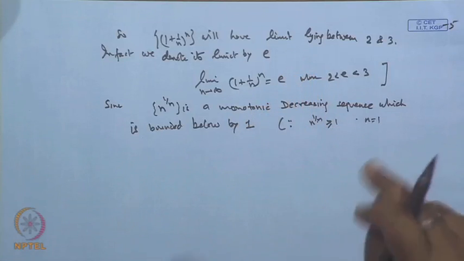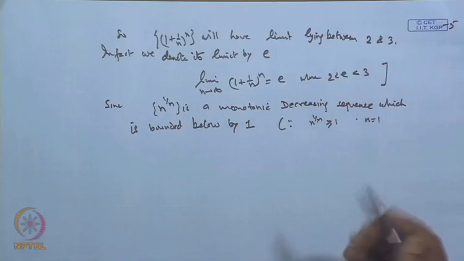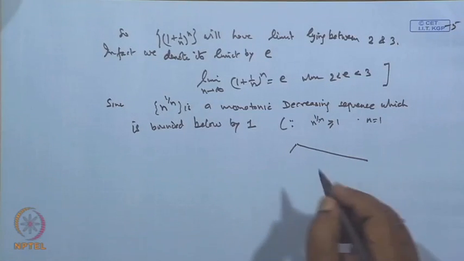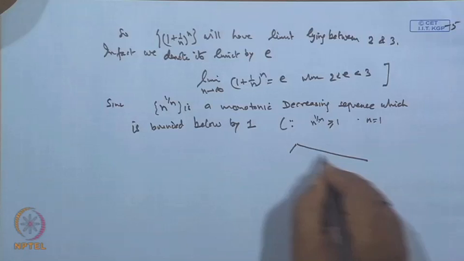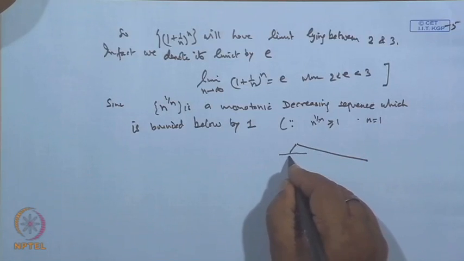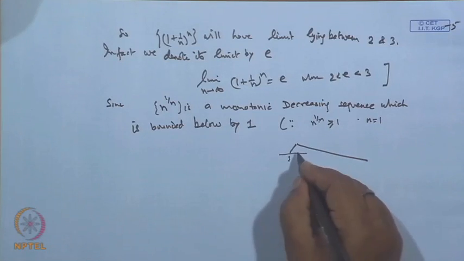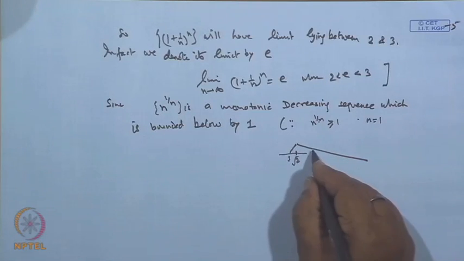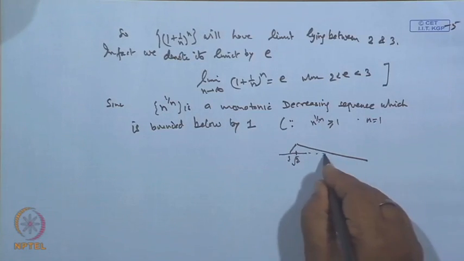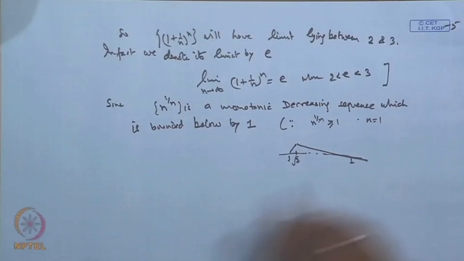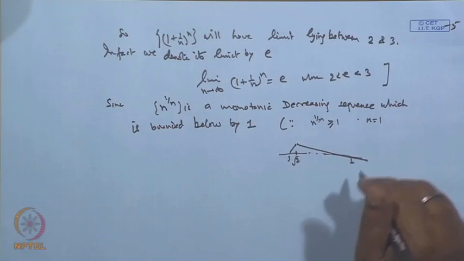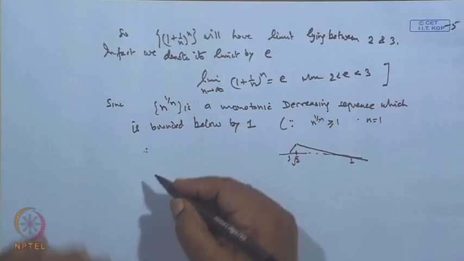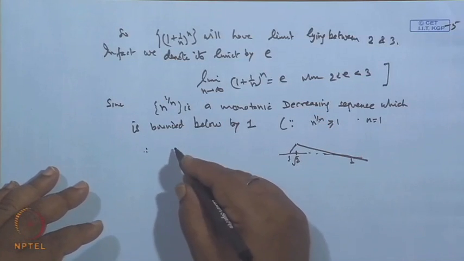Clear? But when n is 3 onward, it decreases. So, it is just like this. It goes like this and then decreases. Okay? So, this is 1, this is 1, and here is something 2 to the power under root, and then it keeps on decreasing and decreases to basically again 1, like this. Okay? So, this is a, therefore, the limit of this sequence a n, when you say limit of